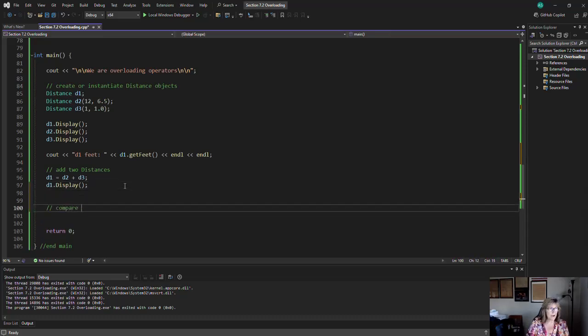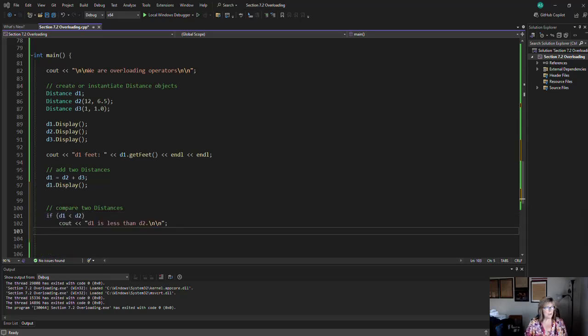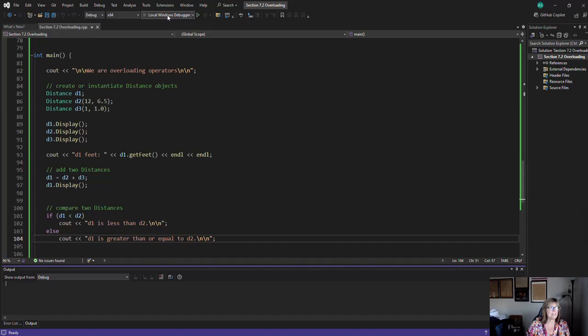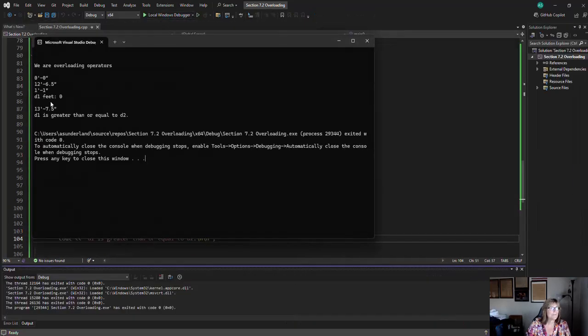So we're going to compare two distances, and then it's going to return a true or false, right? So I have my if statement. If D1 is less than D2, we're going to cout "D1 is less than D2." Otherwise, we're going to say "D1 is greater than or equal to D2." So I have my if-else statement. I'm going to run it, and the expectation is that D1 is greater than or equal to D2,